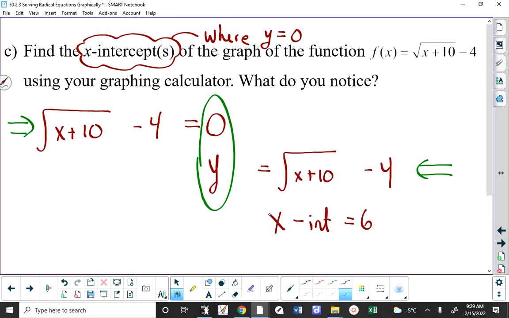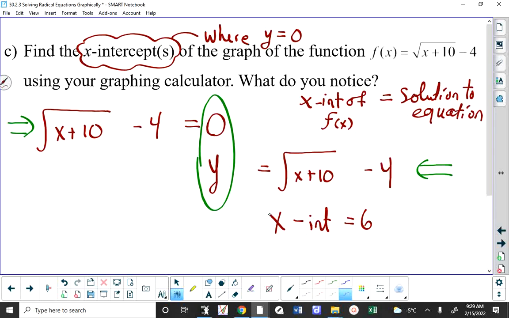What do you notice? The x-intercept of the function is the solution, or the root, to the equation. And that's a pretty powerful idea. It should have really been taught to you a little bit in grade 10. You certainly talk about it in grade 11. What this means is